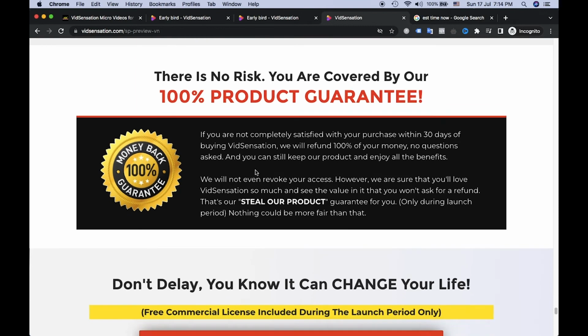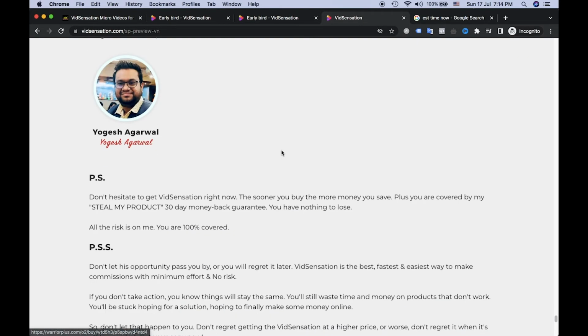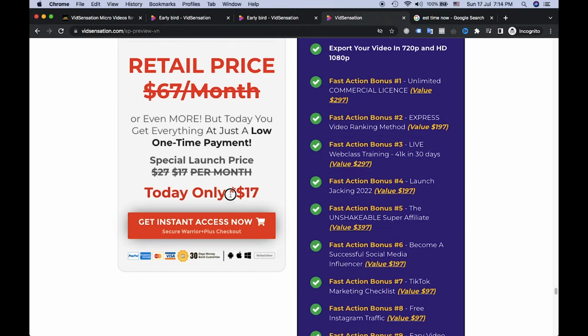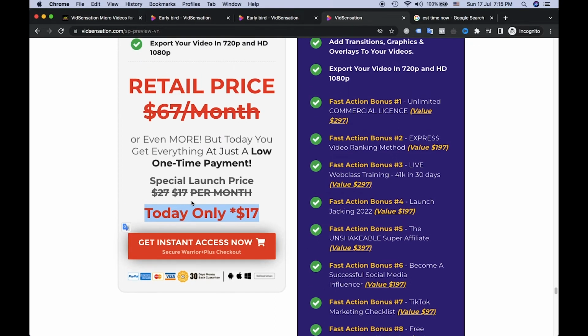This product has a 30 days guarantee, about 1 month. So if you don't like this product, you can get a refund within 30 days if you request it. So there's no big issue. Also, I want to share the product price, about 17 bucks. 17 bucks, about 2 cups of Starbucks coffee, which is not that expensive, which is cheap. And I think maybe you can skip 1 or 2 lunches or meals.